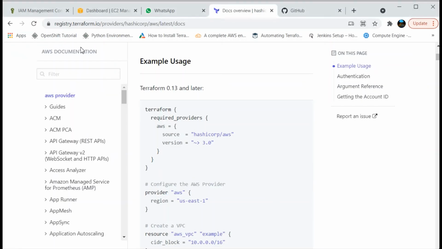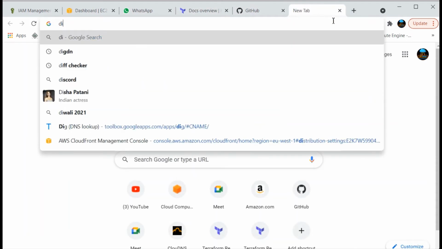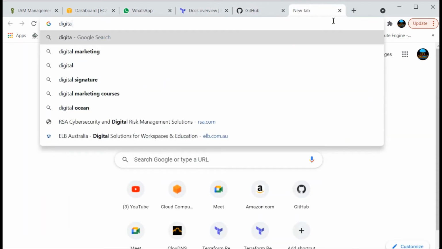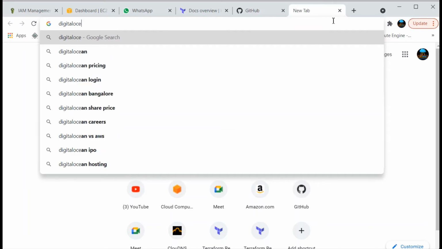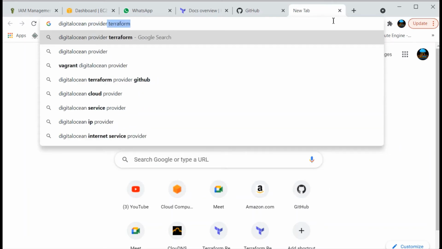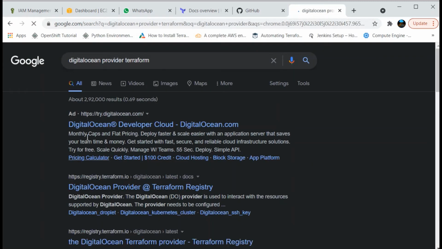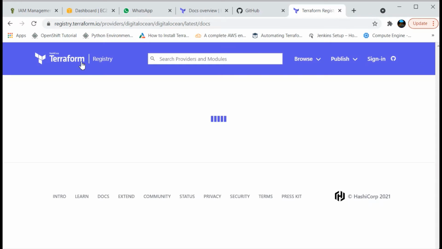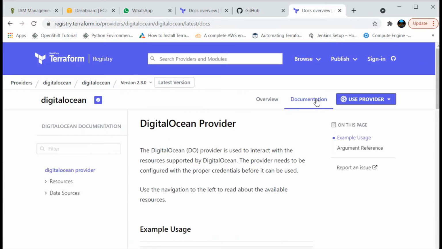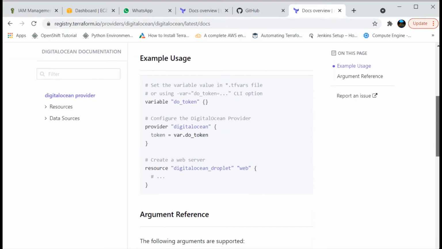Let us see. I will go here and simply search for DigitalOcean provider. Okay, you can see the DigitalOcean provider and the documentation here.